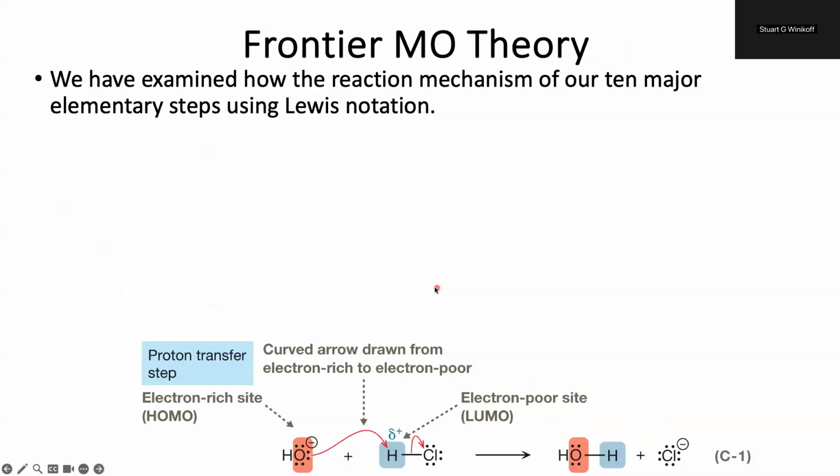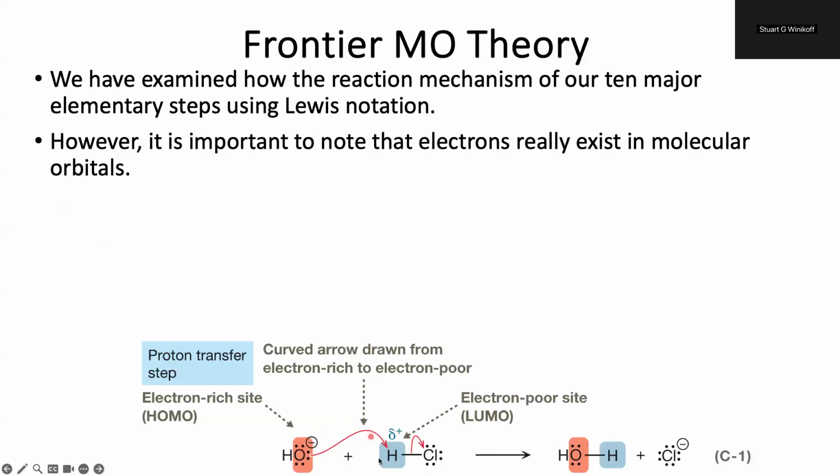So, previously we've gone ahead and examined our 10 major elementary steps using Lewis acid notation. So we always start with our electron-rich species and go to our electron-poor species. However, it's really important to note that these electrons aren't just sitting here as lone pairs or bonds. These electrons really exist in movement around in these orbitals. So if we want to be able to track what's happening with the reaction, we have to look at how